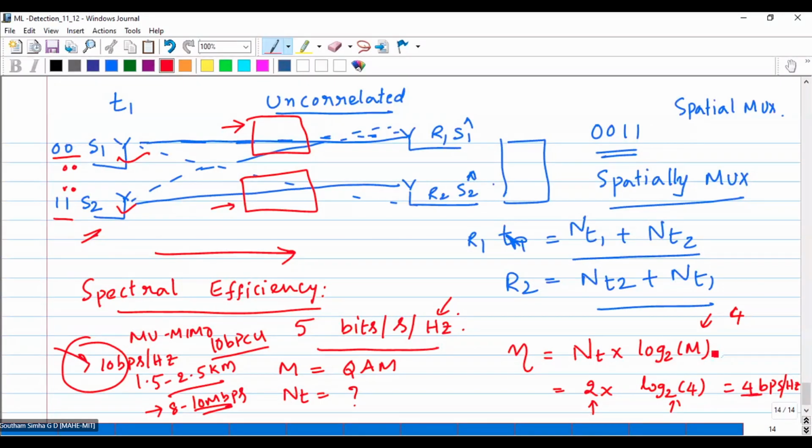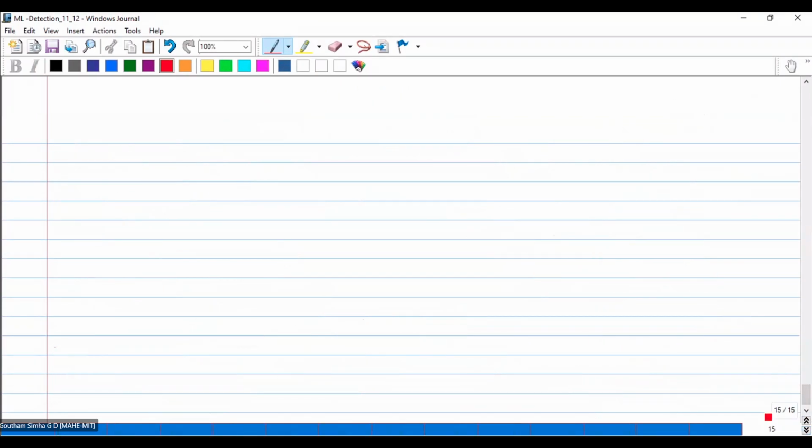If you are multiplexing, you are using two different symbols from two active antennas. How are you calculating that? By means of spectral efficiency. What is spectral efficiency? Spectral efficiency is nothing but eta: how many antennas are active, and what is the constellation order that you have used here? That's how you get spectral efficiency. This is one way of generating higher spectral efficiency, isn't it, sir?